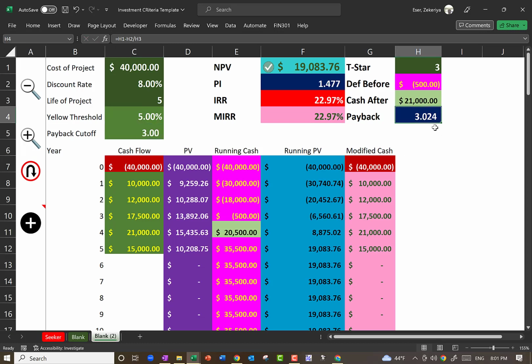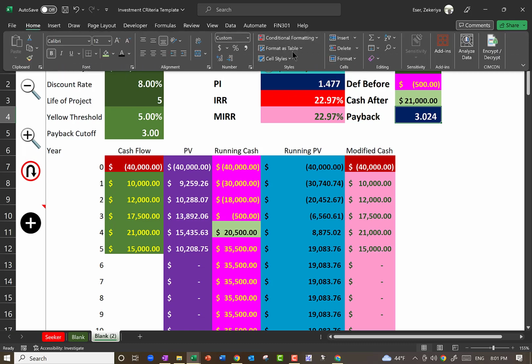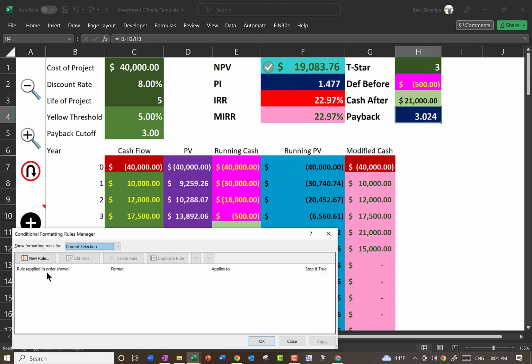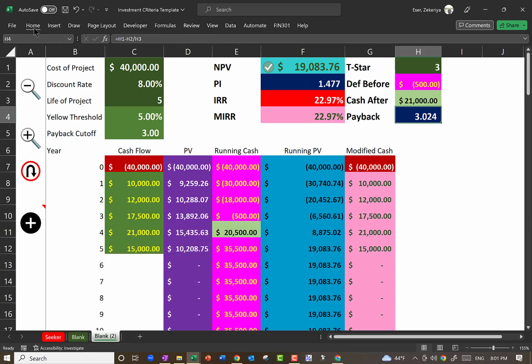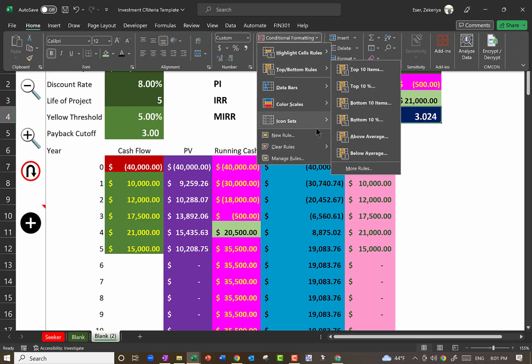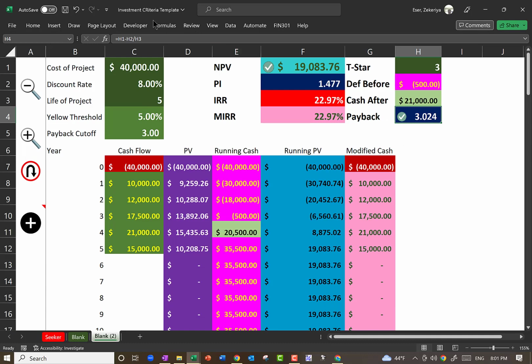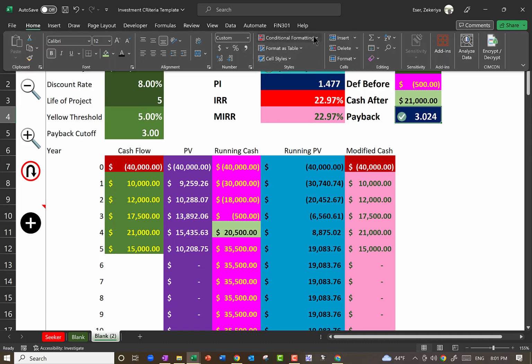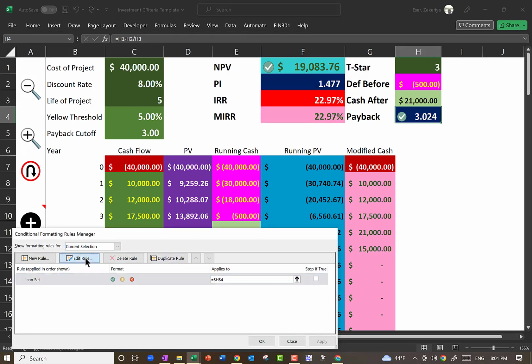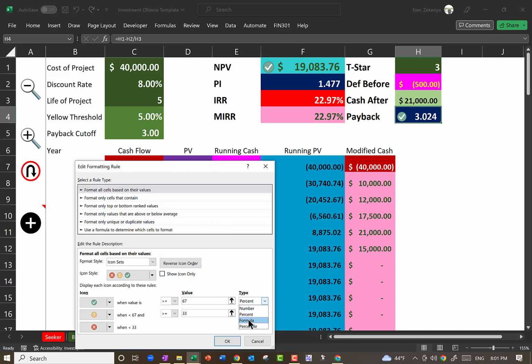And I'm going to actually put a traffic light here. Conditional formatting. Manage rules. Oh, not managing rules yet. Don't have a rule yet to manage. Icon sets. I like these. Now I'm going to manage the rule. I'm going to do it based on a formula. If the value of the payback is less than the payback cutoff, or greater than the payback cutoff, plus 1/12,